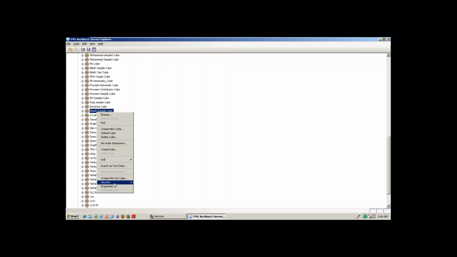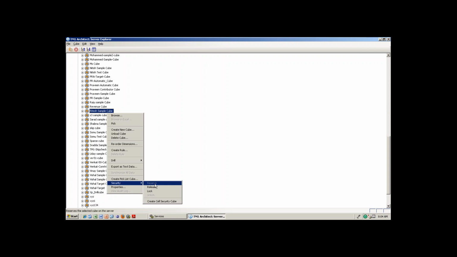Right. The next one is security. I think I have already discussed this maybe in the dimension case. Now it is exactly the same at the cube level also. For example, if I am reserving this Ritesh sample cube, I just went and reserved it. So that means, for example, Ritesh is working and me, Hari, also working. So both the people are editing the data of the cube. It's meaningless. As a developer, say for example, I am changing some cube structure. So maybe Ritesh is changing and Hari is changing, it's entirely overriding.